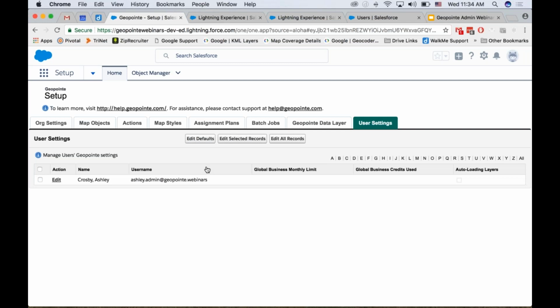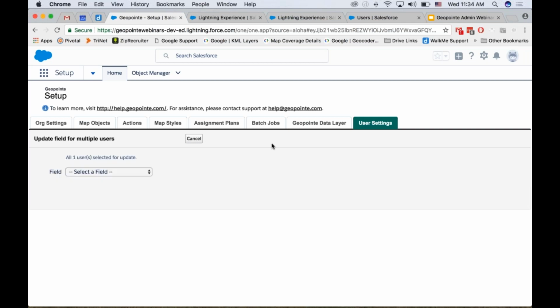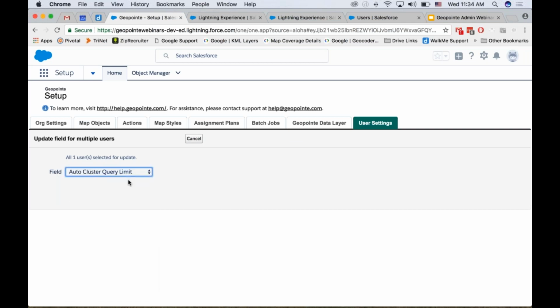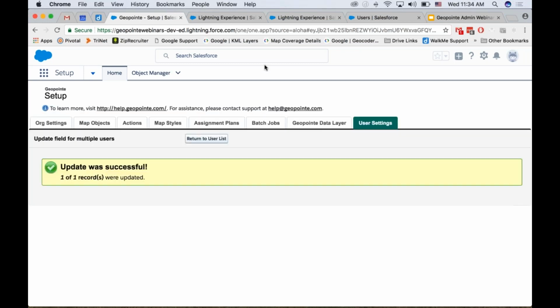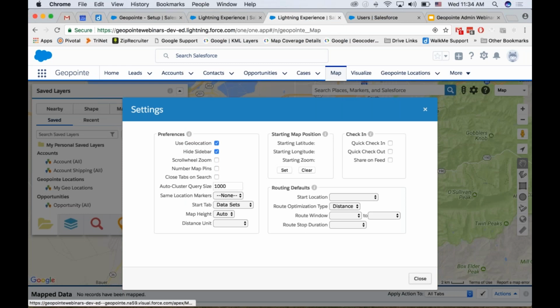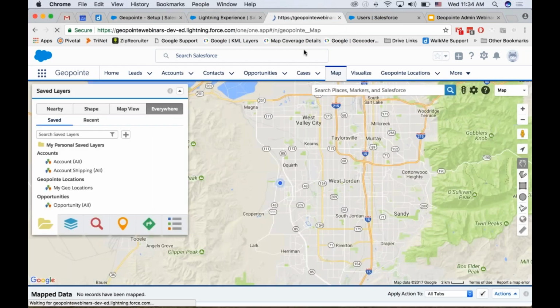For others, if you want to edit existing users and change something for them, say for example, I'm just going to do edit all users. Maybe I want to change the auto cluster query limit for everybody. I can come in here and say the value is now 500. So if I go back to the map now, here it says 1,000, but as soon as I refresh it now,